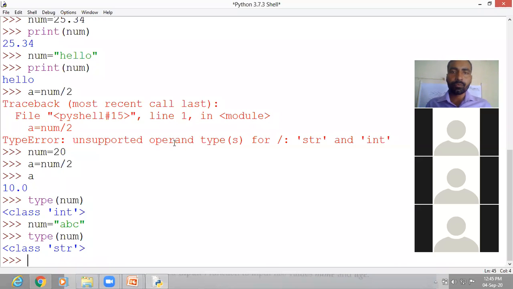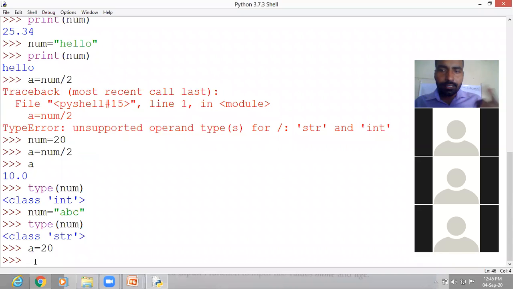Suppose we do not enter any value, let us just type a equal to 20. First time I have given a equal to 20. Then second value I want to enter. First value I have predefined, but the second value I want to enter as per my choice.